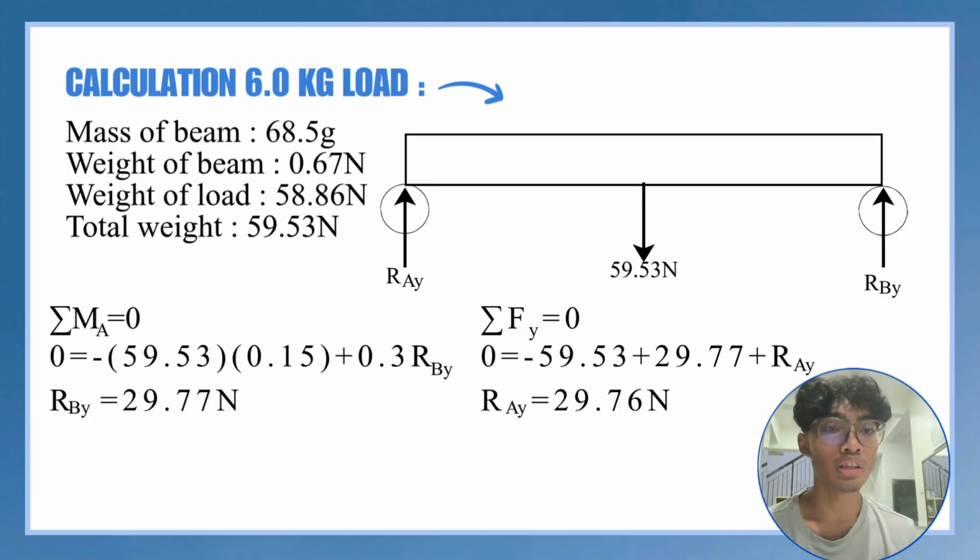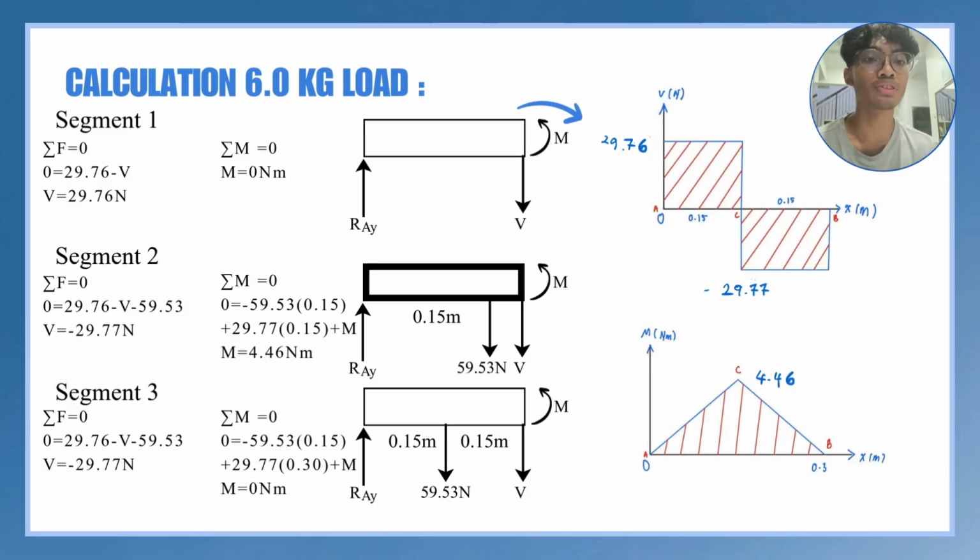So for the method, we still use the same method, where we'll get RBY equal to 39.77 Newton and RAY is 29.76 Newton. For the shear force diagram and bending moment diagram, we still have to cut it into 3 segments, where at segment 1, we will get V equal to 29.76 Newton and the M is equal to 0